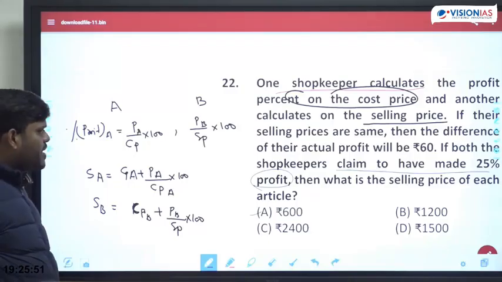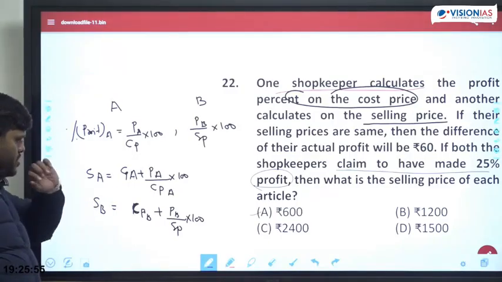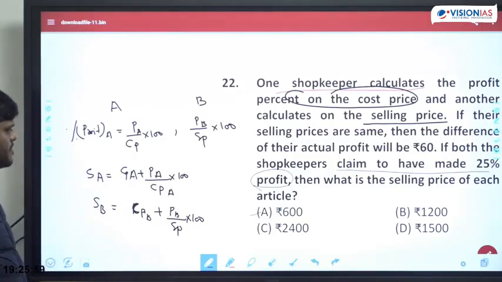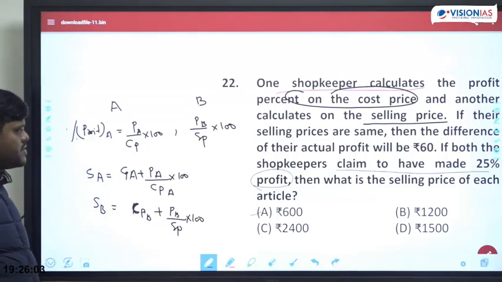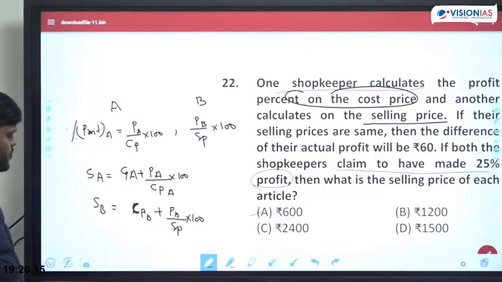That's fine. If their selling prices are the same, and their actual profit difference is 60 rupees. Okay, if both shopkeepers claim to have made 25% profit,